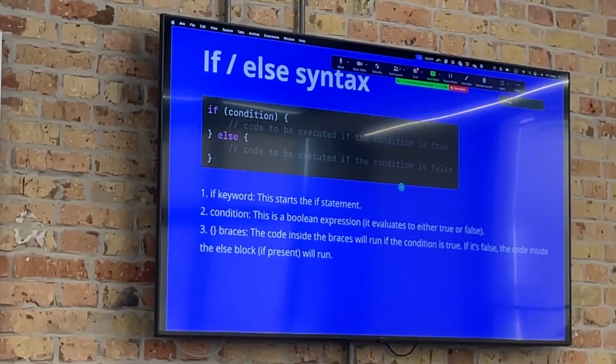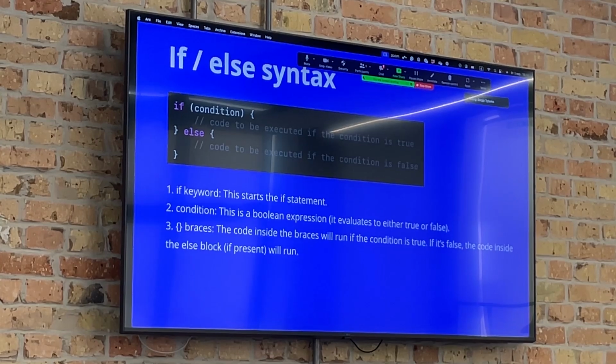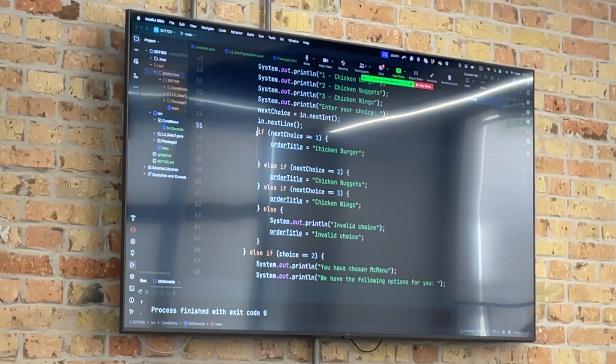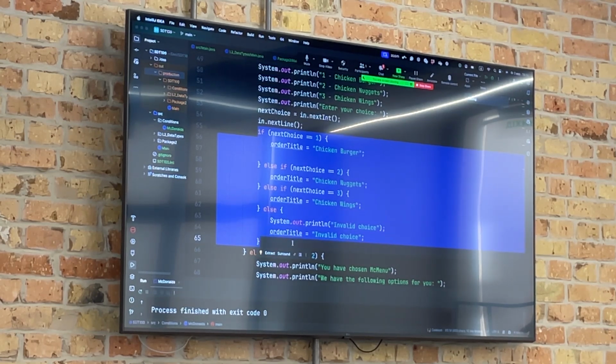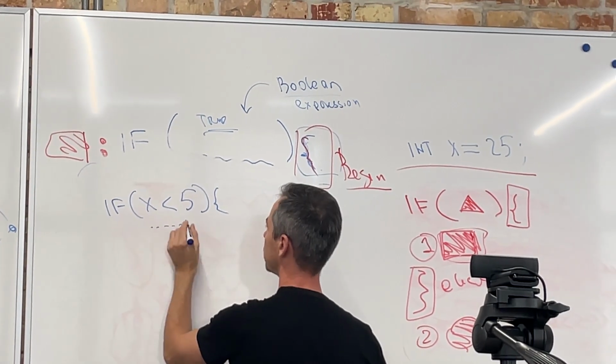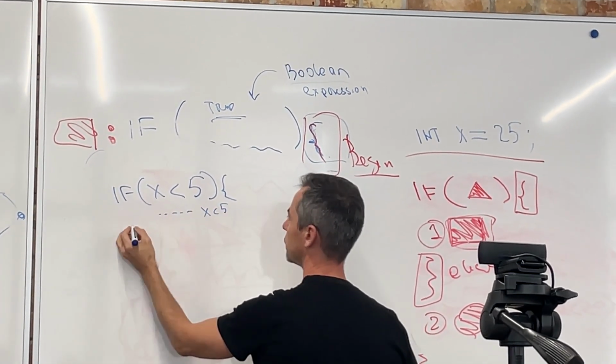Okay. And the last trick with if-else, which you could see in my code here. You see many if-else, if-else, if-else statements. Let's come back to our x 25 example. For example, if I want to know if x is less than 5, then output x less than 5.